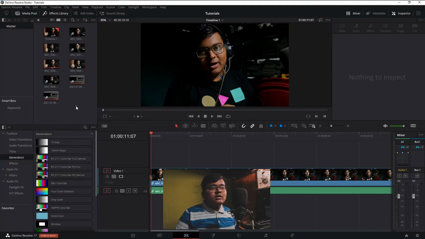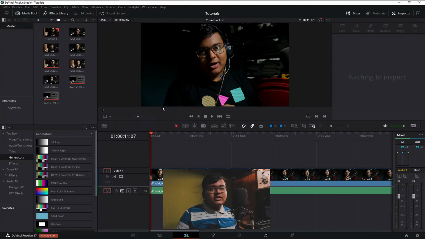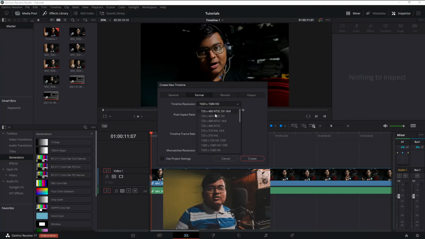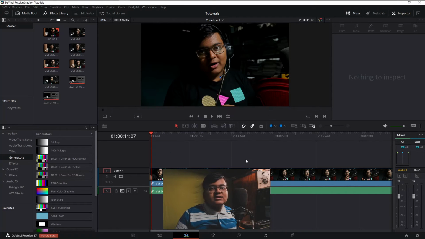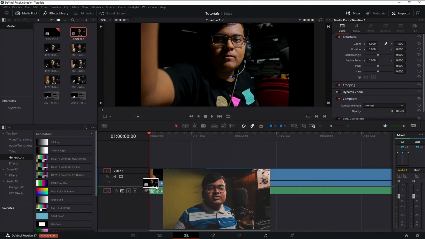Here I'll just show you timelines, create a new timeline. I'll just uncheck this and go till here. Here we can find the presets, the resolutions which I told. I'm just going to go with scope, and then 24, let it be like that, and just click on create. It might take some time or it might be fast like this, but usually not.